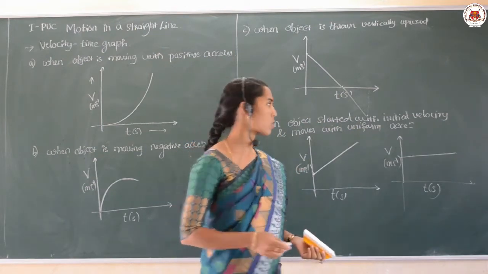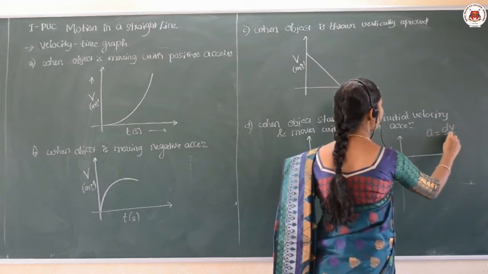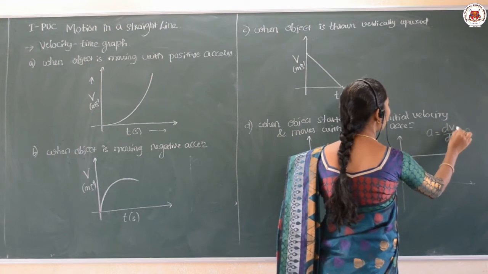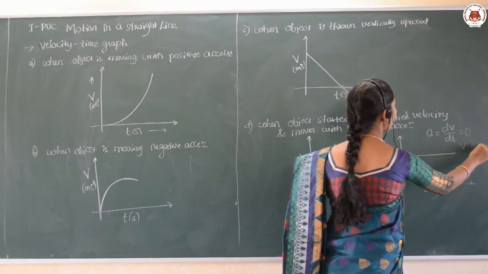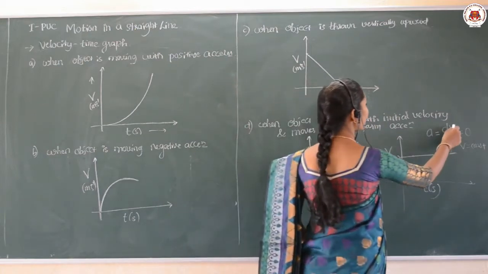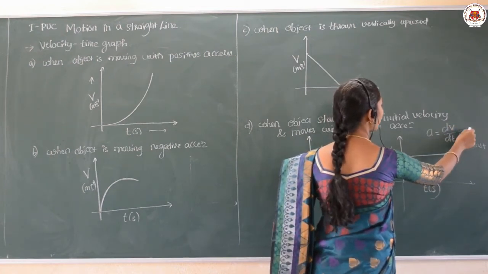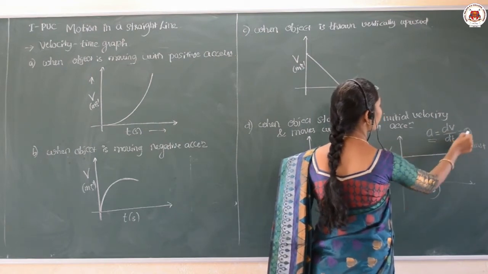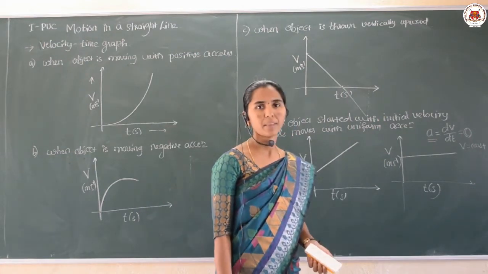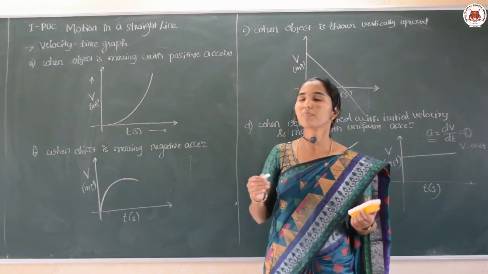If the velocity remains constant, the acceleration is the change in the velocity with respect to time. If the derivative of any quantity is 0, then we know that quantity remains constant. So if there is a constant velocity, the derivative of that constant velocity gives me 0, which is nothing but the acceleration of the body being 0. I hope you understood. These are the natures of the velocity time graph when the object is in different positions.